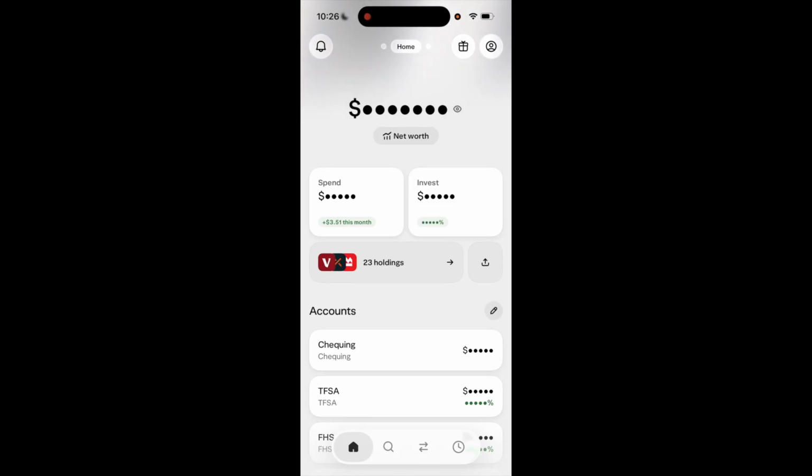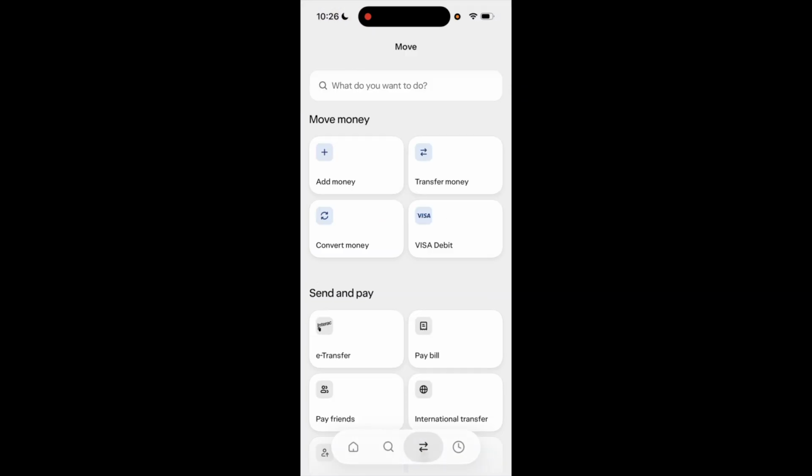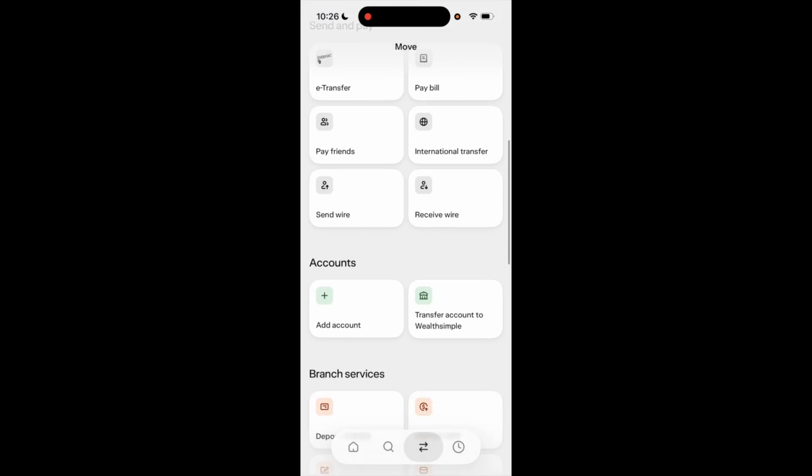So this is how to transfer a tax-free savings account or a TFSA from Investors Group to Wealthsimple. Once you guys open up Wealthsimple, just scroll down to the bottom and select the icon that has the arrows pointing in opposite directions. Once you're here on the Move page, scroll down a little bit to Accounts and then